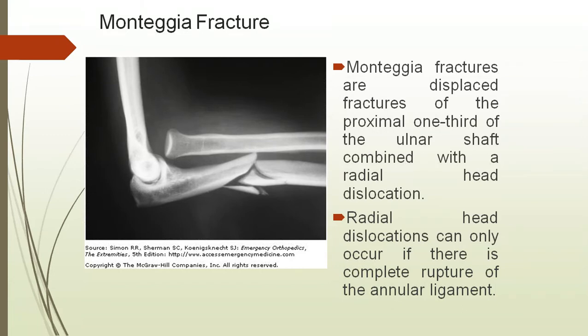So the injury may happen in case of Galeazzi fracture along with the bones to the fibrocartilaginous ligament, TFCC. But in the Monteggia fracture, the other soft tissue that is injured is the annular ligament. There will be a complete rupture of the annular ligament of the radius. The annular ligament is the one which surrounds the head and neck of the radius. That will be completely disrupted, ruptured. That's why the radial head will be dislocated.